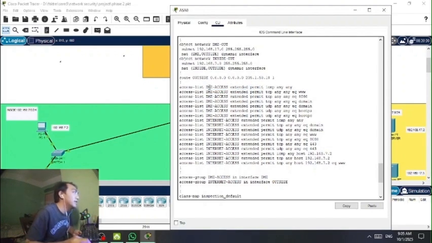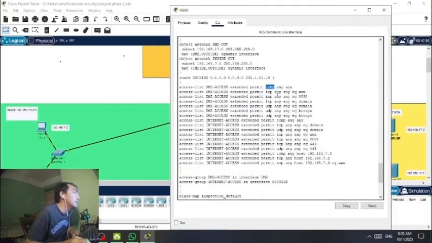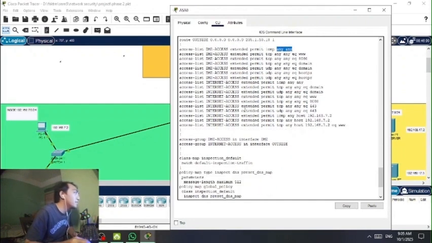We create the DMZ access extended and permit. We have two options actually, permit and deny. So ICMP means we can ping from any interface to the DMZ. So anything from outside and inside can access the DMZ. So any means from any interface. Before I show the ping, the testing,